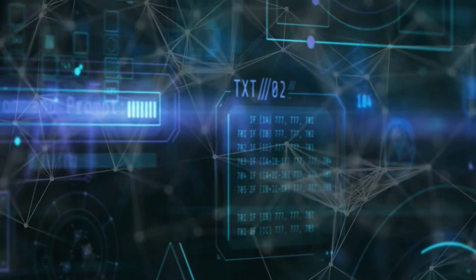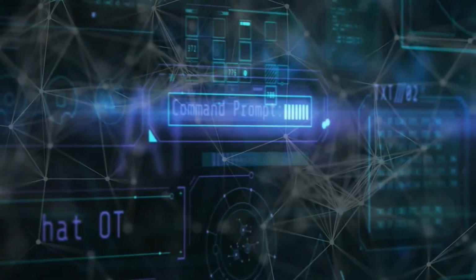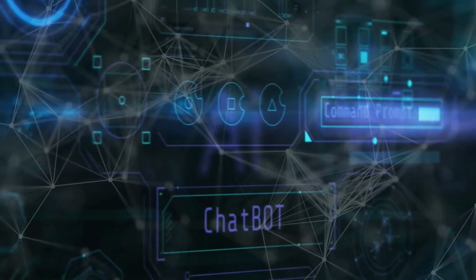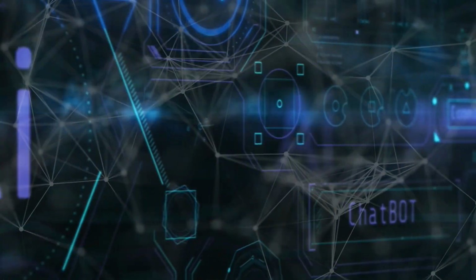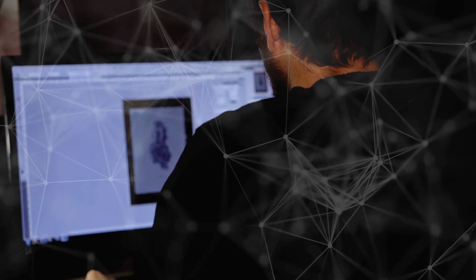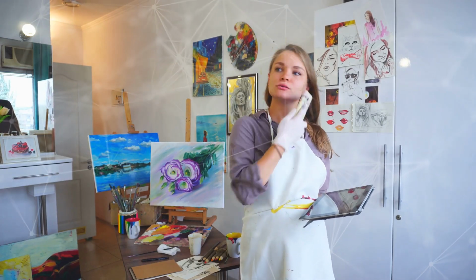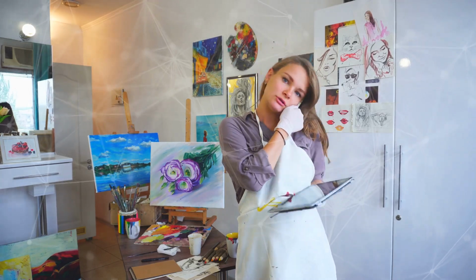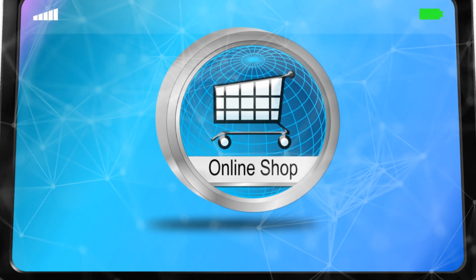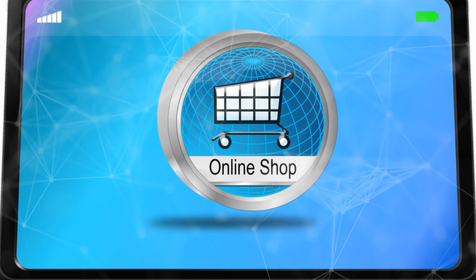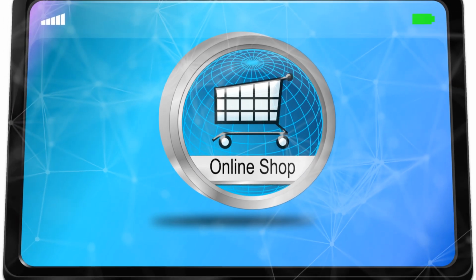Chapter 3: Step-by-Step Guide to Making Money with AI Art. Now for the fun part, turning those AI-generated masterpieces into profit. First things first, we'll walk you through the process of generating your first piece of AI art, step by step, using one of the platforms we discussed earlier. Once you've got some stunning artwork ready to go, it's time to unleash it upon the world. We'll dive into the best online marketplaces for selling your digital creations, including popular platforms like Etsy, Redbubble, and even